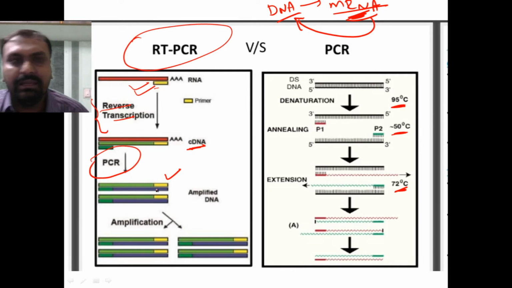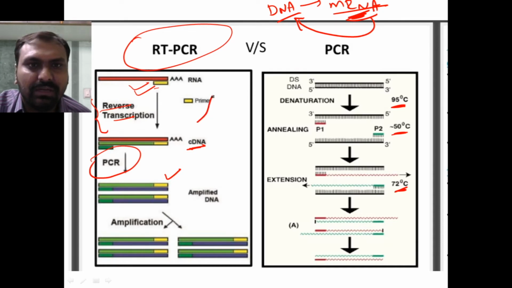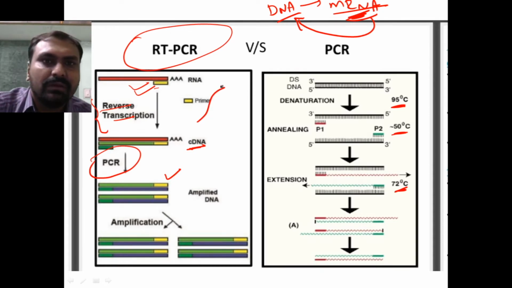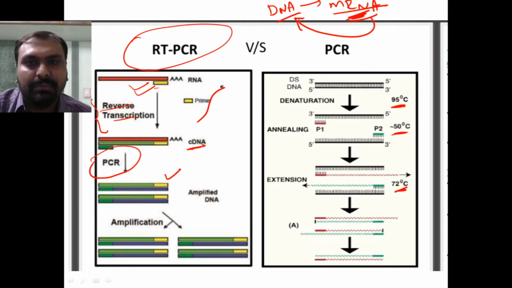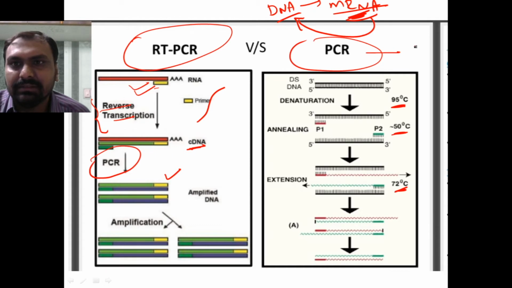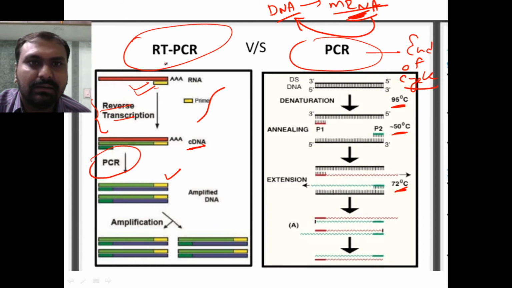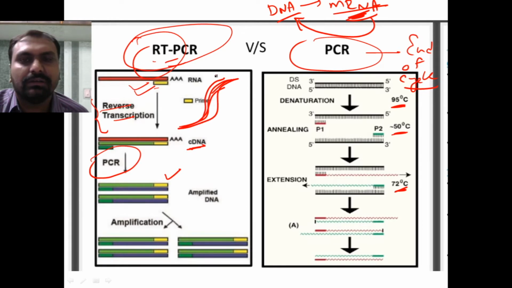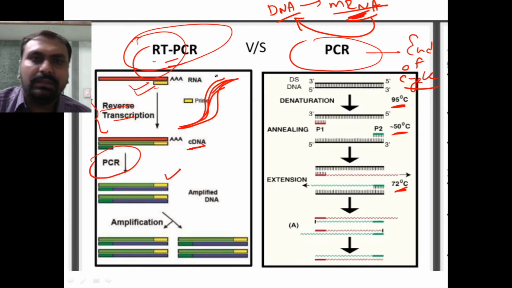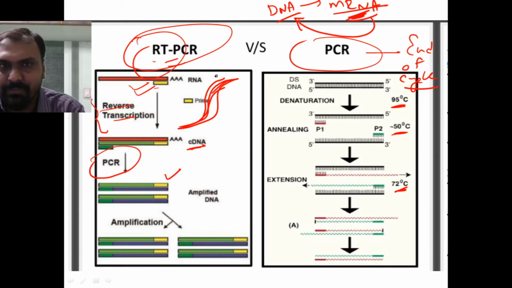And it is called real time because we can quantify the concentration of the DNA at every time, after every cycle. What happens in PCR? We can quantify only at the end of the cycle. While here in real time, we will see an increase in fluorescence because of the DNA amplification. There is an amplification in the fluorescence signal that we can visualize in real time. So this is very important.